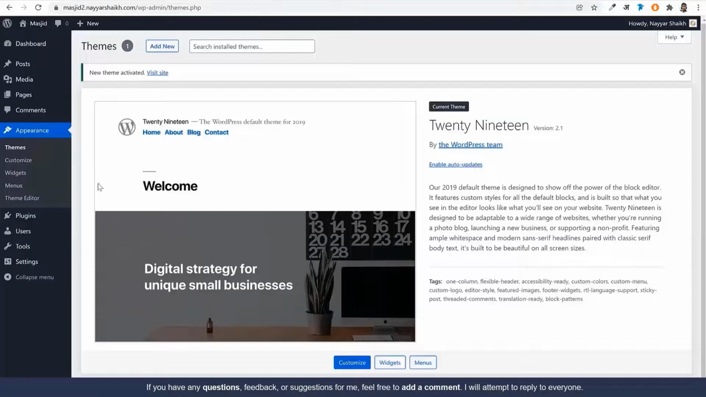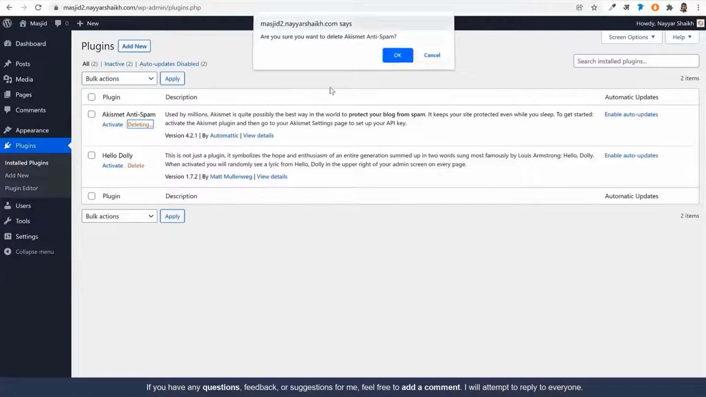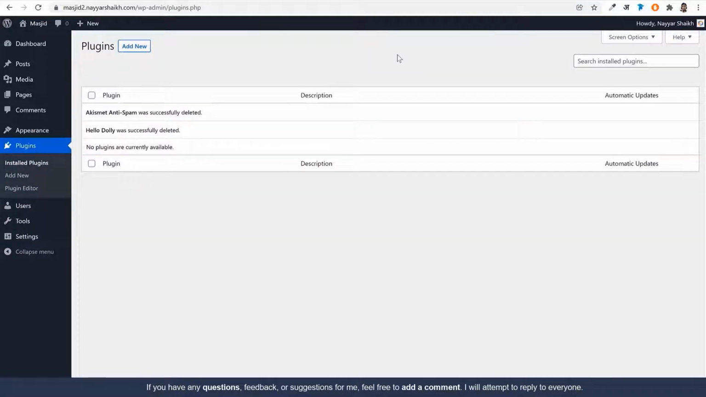Okay. Now after that, we have the plugins option. Click on that. Here also you'll see a few plugins automatically installed for you. You can go ahead and delete them. Now we have just seen that a theme is the design of the website. Now what is a plugin? A plugin is basically a kind of software or an add-on that adds extra features and functionalities to your WordPress